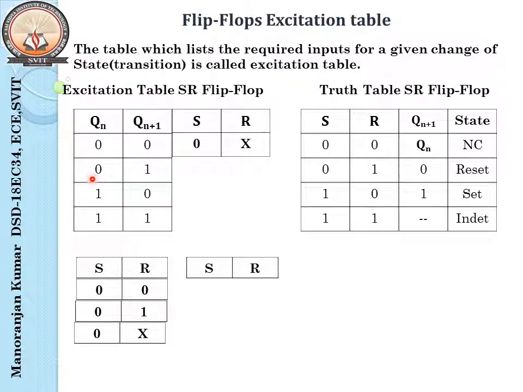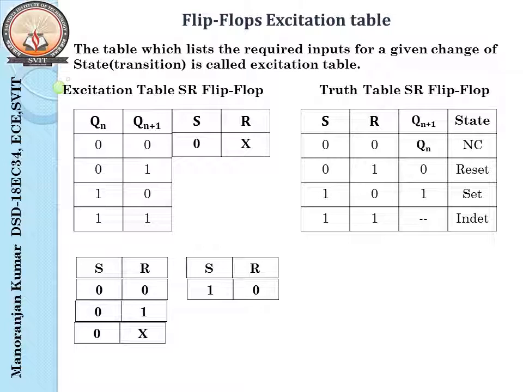0 and 1, the second output combination, that is 0 and 1. So what will happen here is, you can easily see now, when your output is 1 from this truth table, it is in set condition. For set, what is the input we have? 1 and 0. Okay, so for this particular input I'll get this particular output. So this particular S value will be 1 and R equal to 0. That is the condition of getting the output 0 and 1.